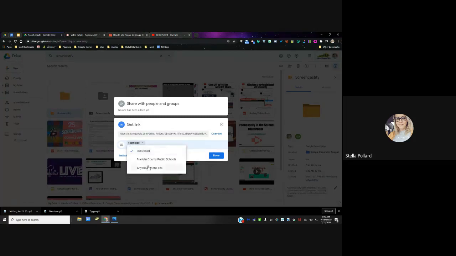But if you change that to anyone with the link can view, you don't ever have to worry about people not being able to see your videos inside of Google Drive. Since they have to have the link anyway, they're not going to be able to guess that whole URL and be able to see your video. So I always leave that on. That way I never get that restricted, you must request access for that video,